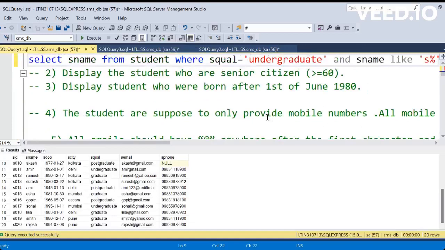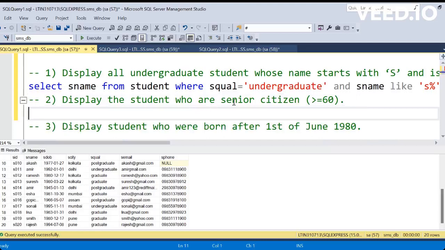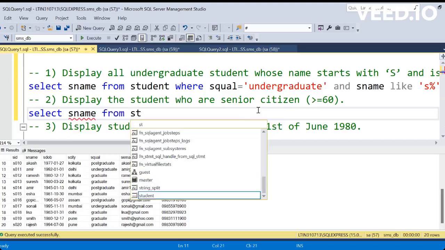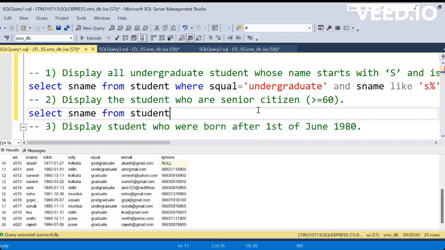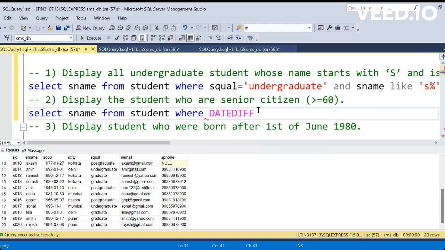Let's go with the direct answers. Display the students who are senior citizens, that is, age greater than or equal to 60. So senior citizen students, they want to know. That is found by using date of birth, right? So they're asking for student details on this, so mainly we use student name. So student name from the student table, where what condition do they want to apply? They want to check the senior citizens, so we have to use the date difference function. We have to see whether the date